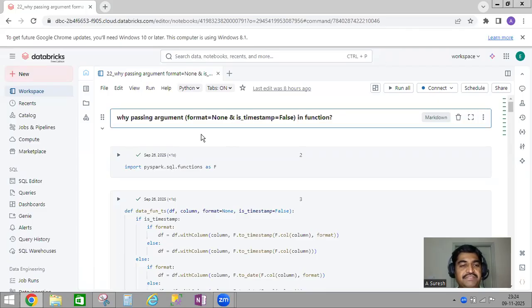Today our topic is why we need to pass arguments like format equal to none and is_timestamp equal to false in a function. So we'll see this scenario. First, I'm importing the required function here